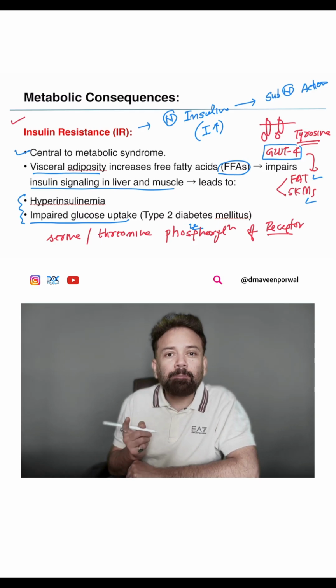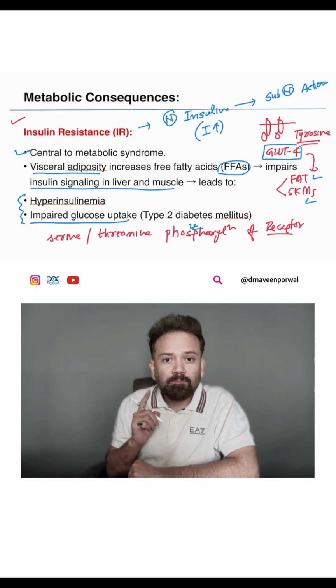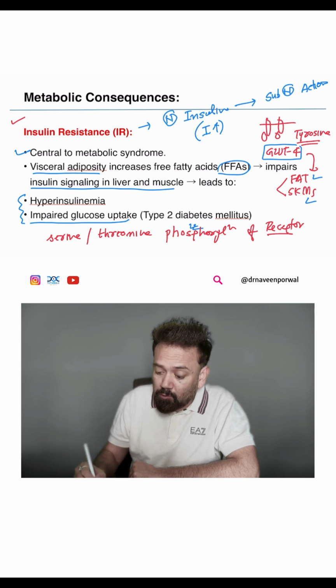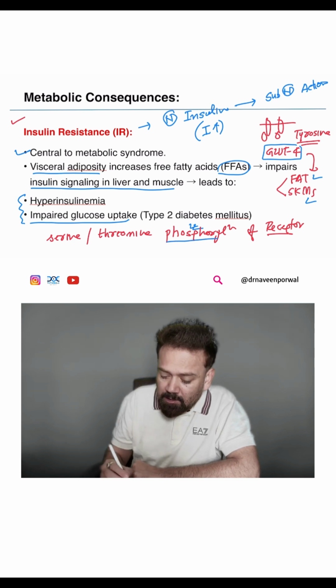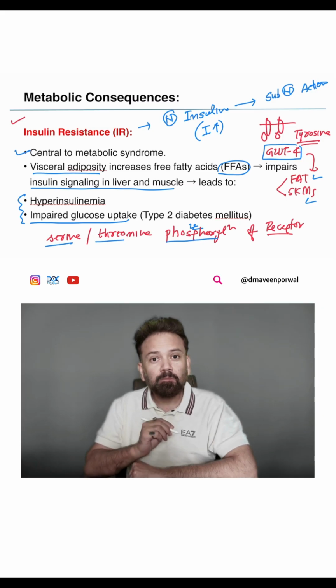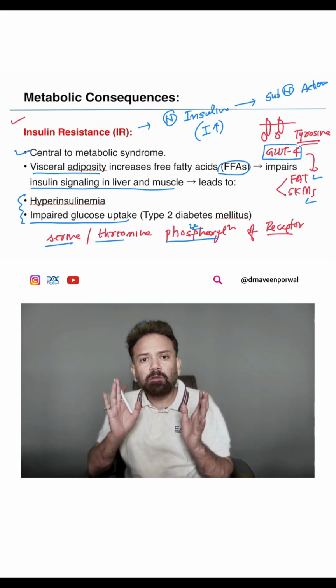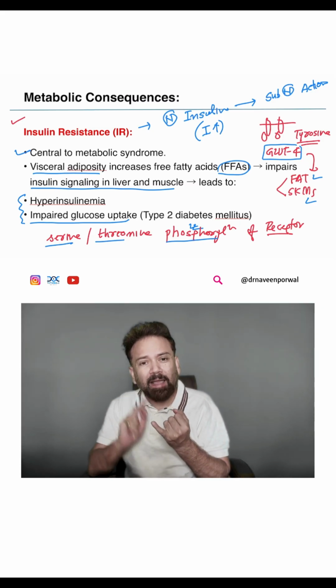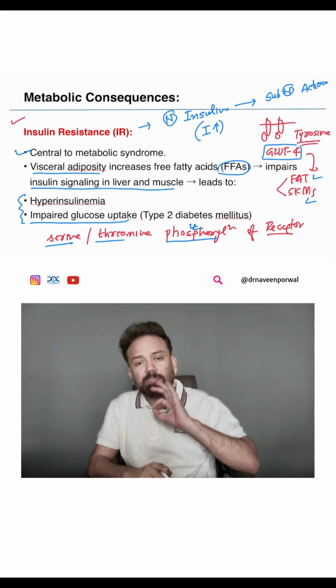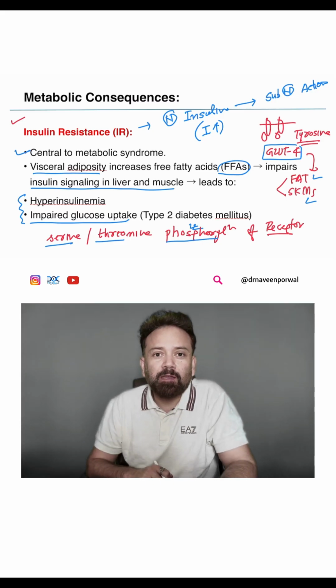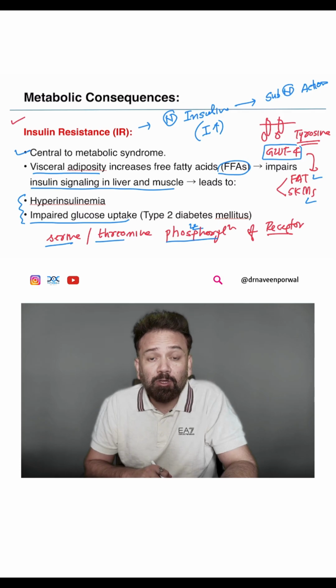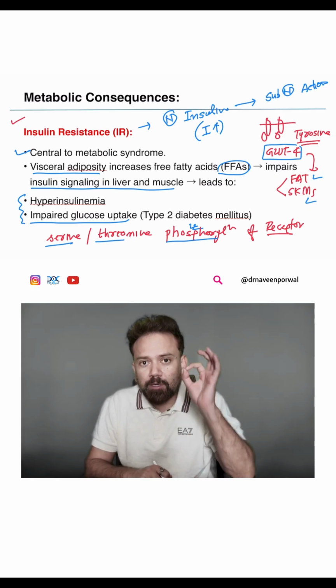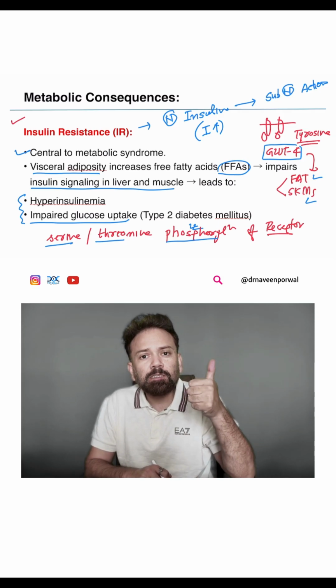What abnormal happens in the person who is obese? It causes phosphorylation at the level of not tyrosine but serine and threonine. Many questions can be asked from physiology, biochemistry, pathology, medicine, but this is the common concept everywhere. That is why we want to discuss physiology conceptually. Should not forget. So what is insulin resistance?